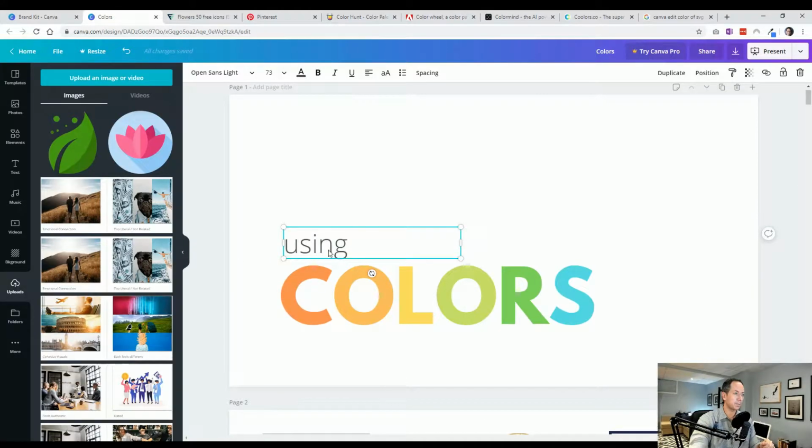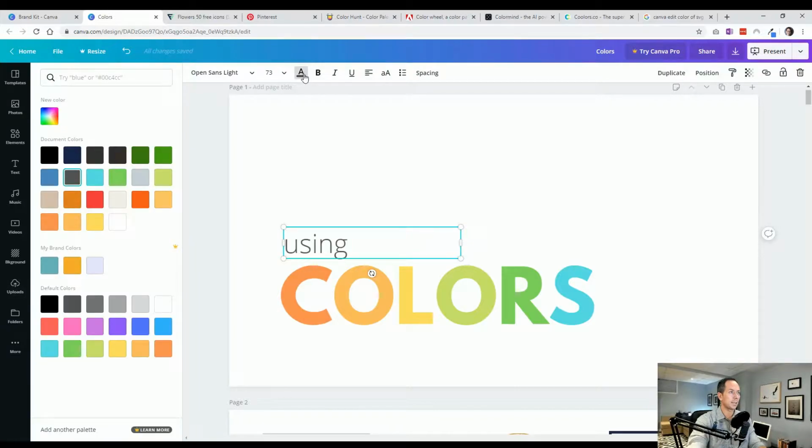Now when that shows up, so for instance with this text, select the text, I go up to the action bar, I hit the colored A there, and on the right side you can see my brand colors. So those 3 that we had seen previously. To enter a new color, you can do it in 2 different ways. Now we're going to cover